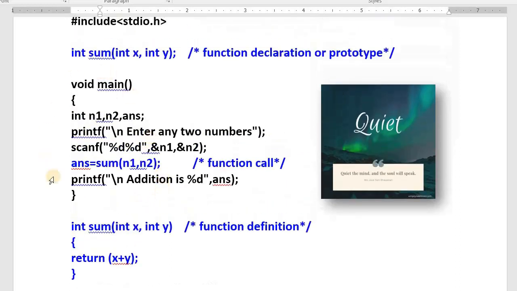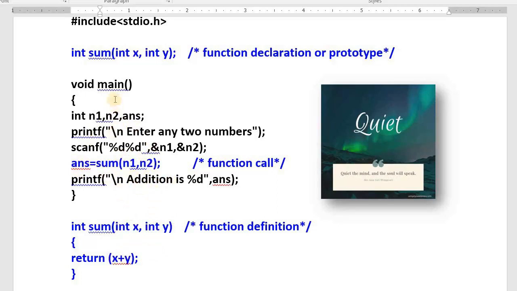This one we are calling inside the main function. Here I am calling sum. Come here, take n1 and n2, and give me the result. This n1 will be transmitted to x, and n2 will be transmitted to y. It will make the sum and give the value back. Whatever it gives will be stored in answer. That is what the boss is printing.